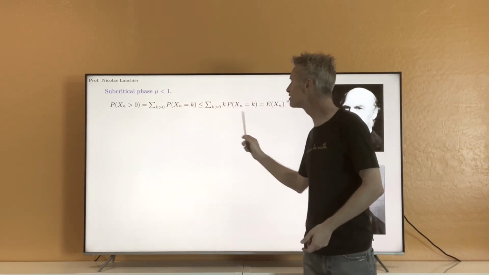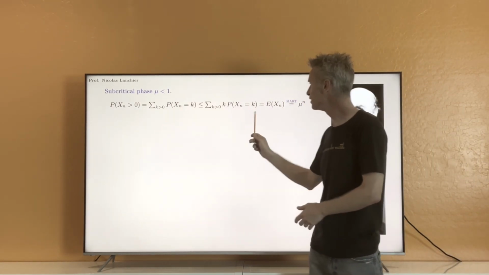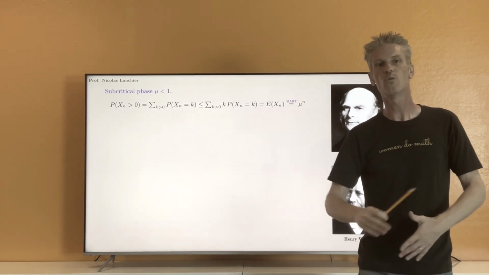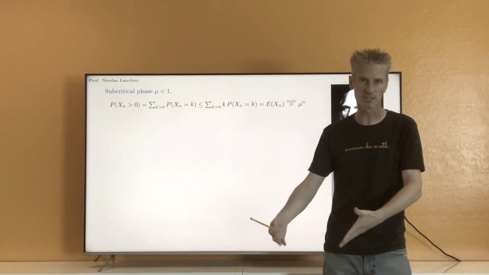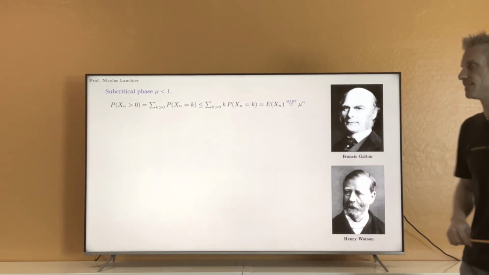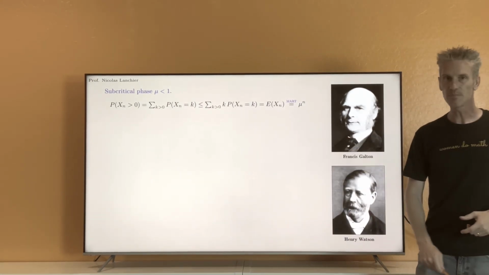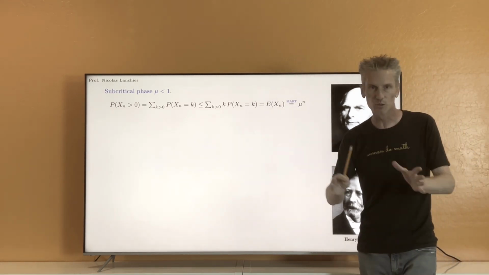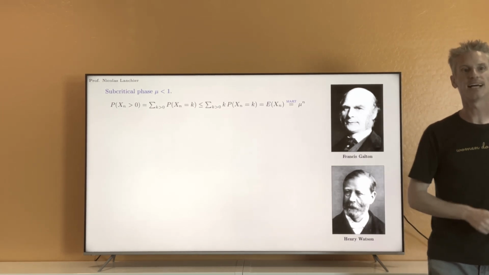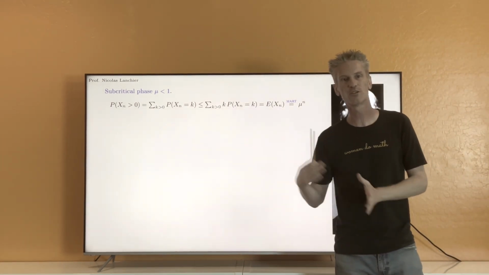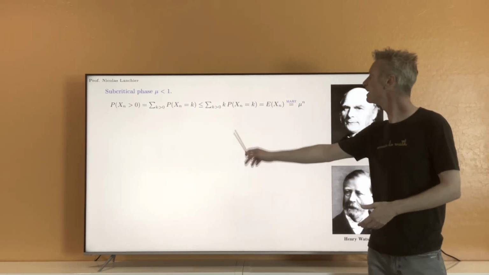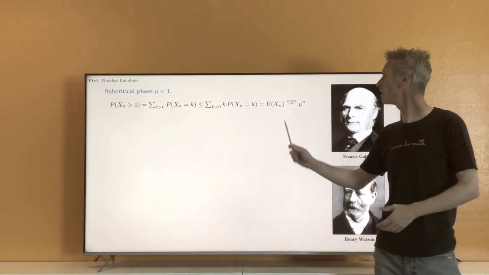I prefer the first approach because here we just use the definition of the expected value and sigma additivity, which are basic properties, while Markov's inequality is something a little bit more sophisticated. This proof here is, I would say, more transparent. Alright, so then, last step, you see that we just proved that Xn over mu^n is a martingale, which means that, in particular, the expected value of Xn over mu^n is constant, equal to 1 in this case.